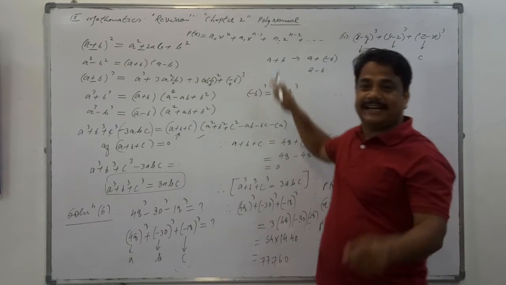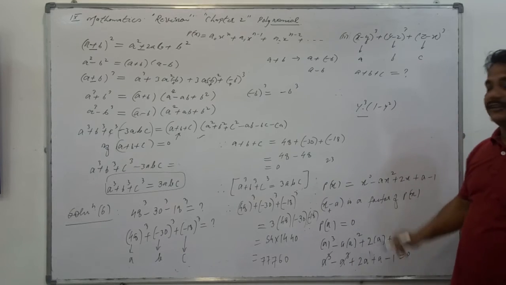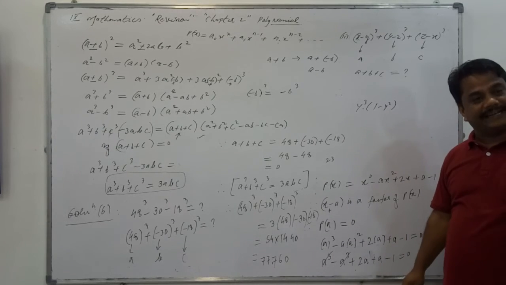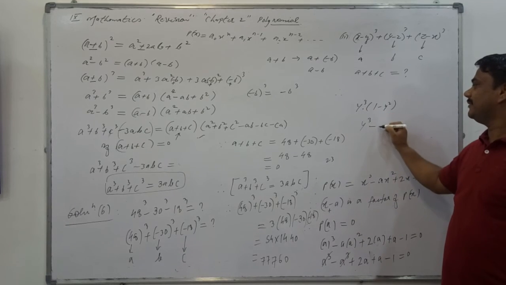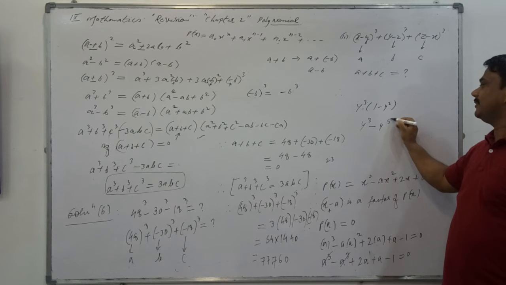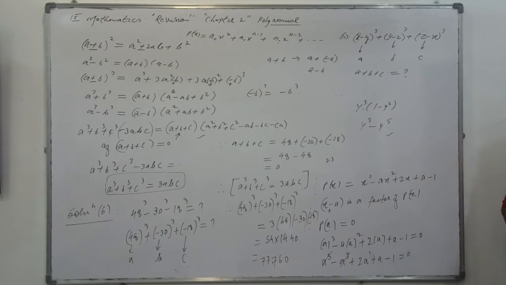In the standard form, all terms are added, but here one is coming as a multiplication. So you have to first bring the polynomial into standard form. Multiply this y cube with this; the powers are added. Now this is a standard polynomial. What is the degree of this polynomial? The degree of the polynomial is 5. Clear? Everybody understood?